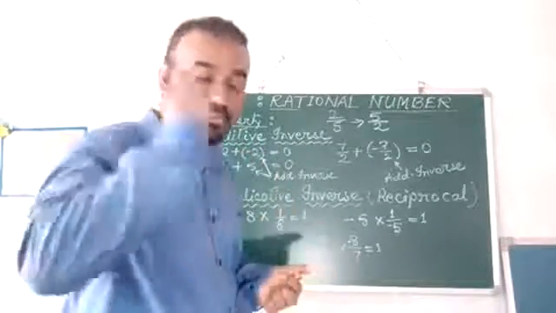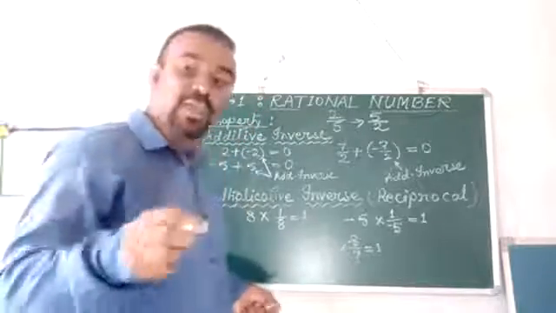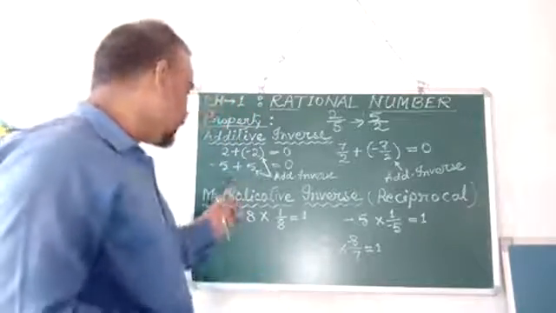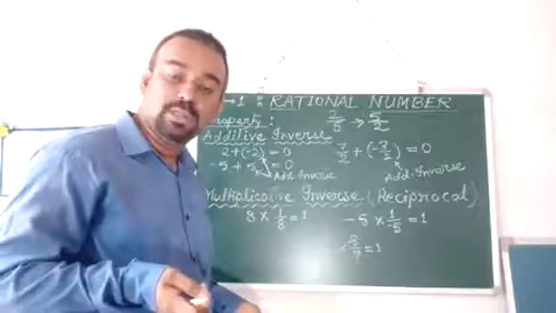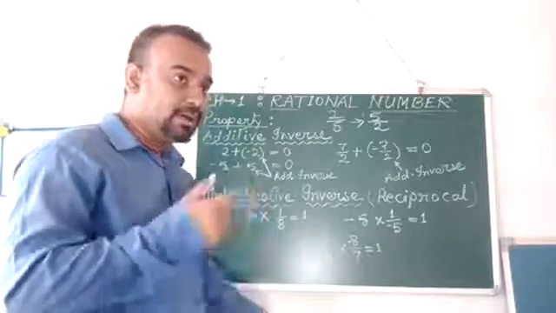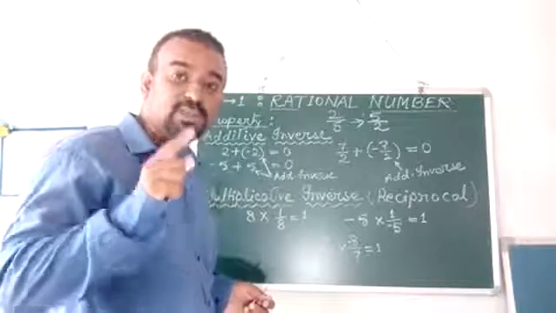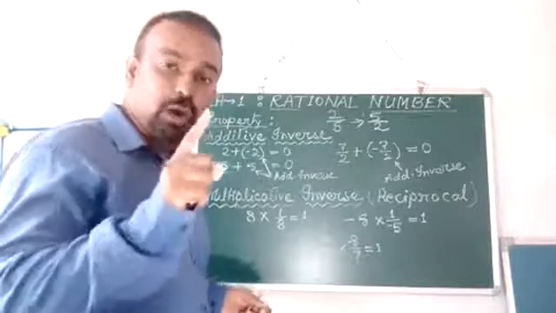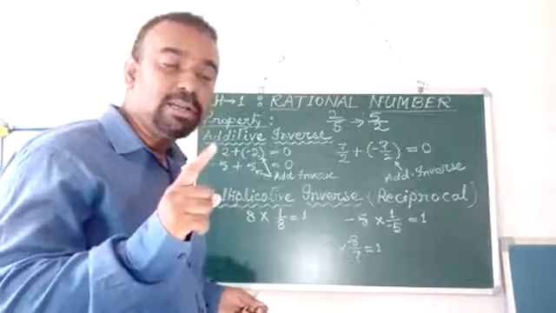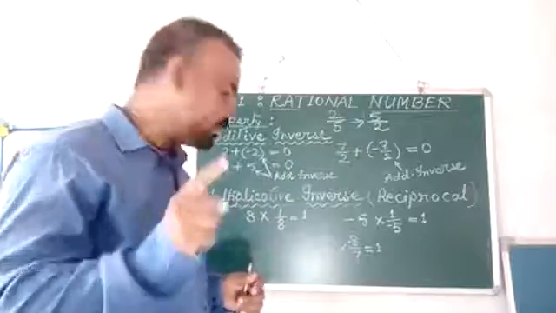That is what we have to remember while finding the multiplicative inverse. I have taken three examples of three types of number here: whole number, integers and rational number. First one is 8, a whole number. In multiplicative inverse, you have to multiply the given number with a number so that the result becomes 1. Remember that in multiplicative inverse, the result should come as 1. What will you multiply with the given number to make it 1?